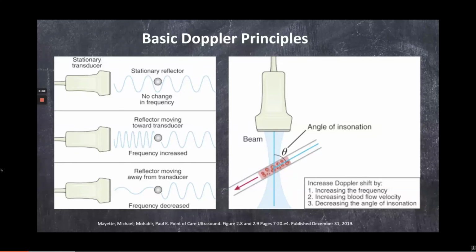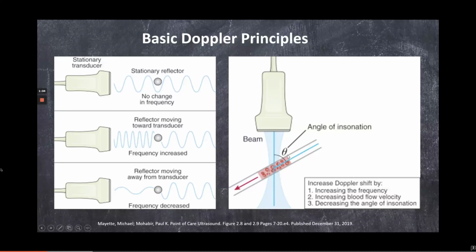As we all know, if an object does not move, there won't be any change in frequency for the Doppler, and there won't be any Doppler shift. If the object moves toward the probe, then the frequency increases, and if the object moves away from the probe, the frequency decreases. In order to get the biggest Doppler shift signal, we need this angle of insulation to be